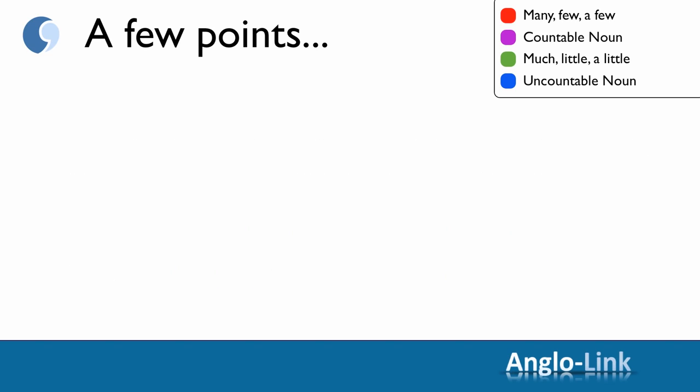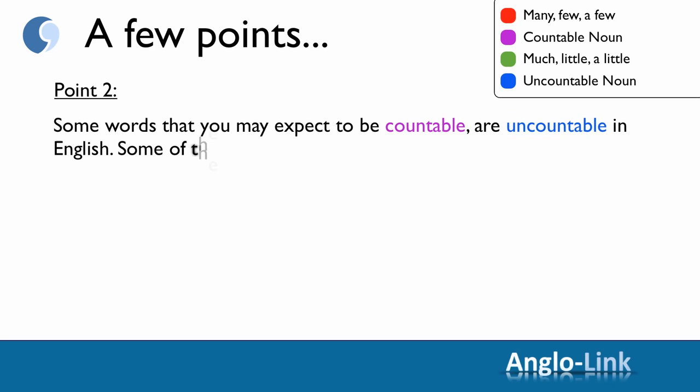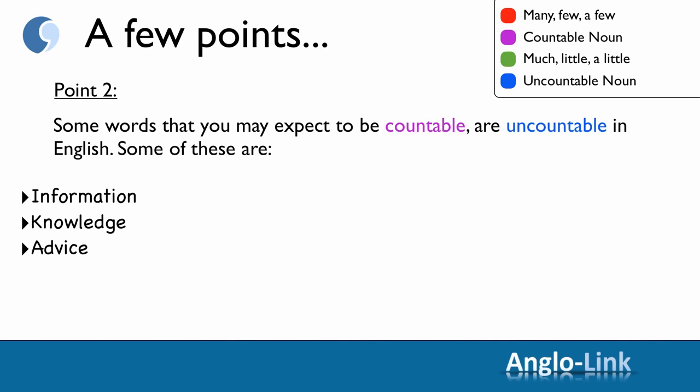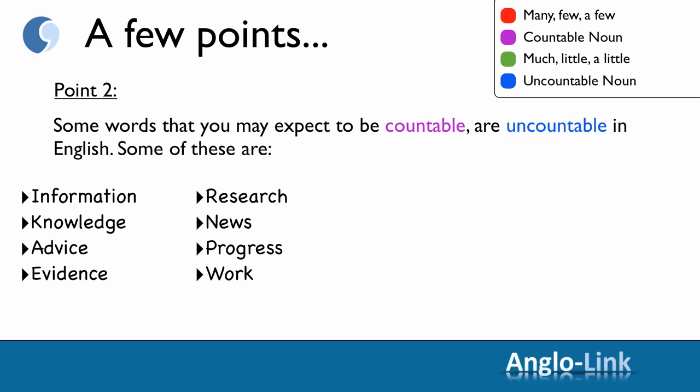Right, next point is to do with some words that you expect to be countable, but are actually uncountable in English. This is maybe because they are countable in your own language. The most important of these are information, knowledge, advice, evidence, research, news, progress, work,